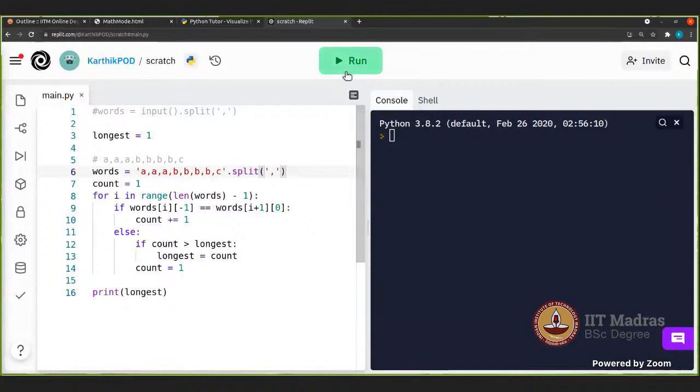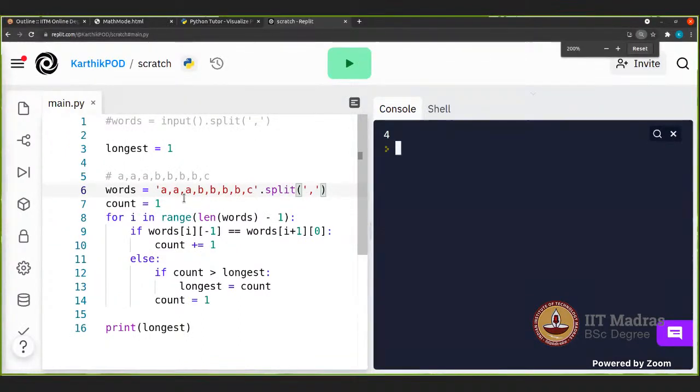Okay, so we are splitting it, and so this is the usual thing that is working fine, where you have this occurring somewhere in the middle. Okay, now what happens if it